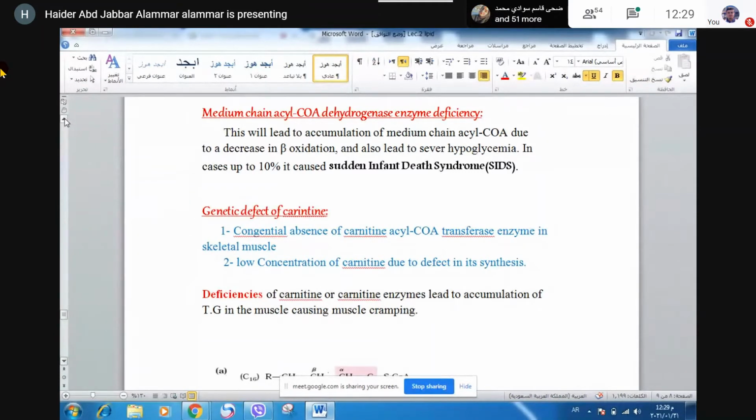It means the death of an infant, sudden infant death syndrome. Why? Due to severe hypoglycemia, shock and death. Because our body cannot use the fatty